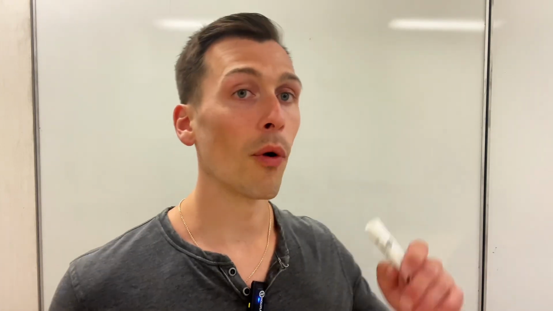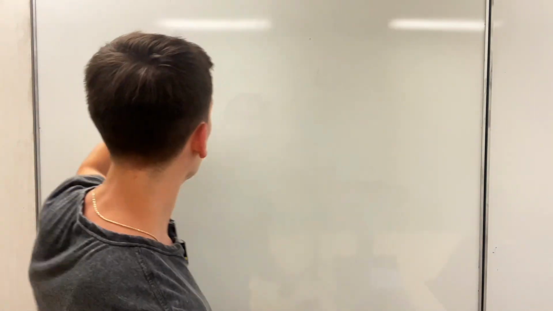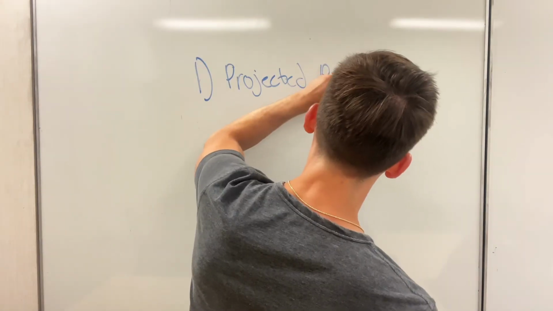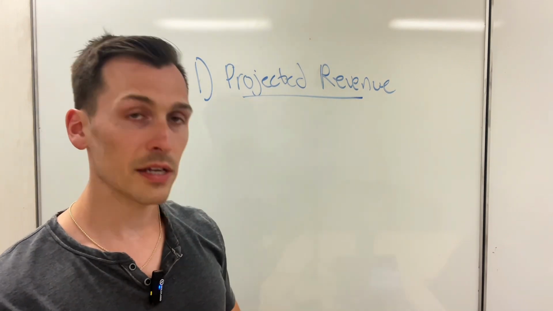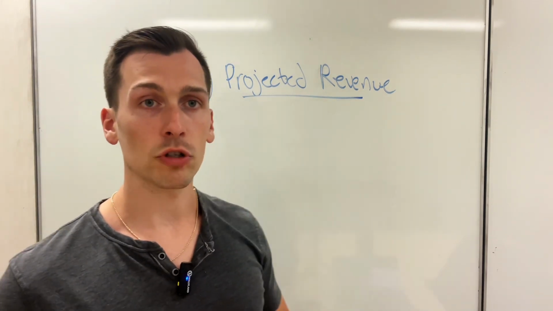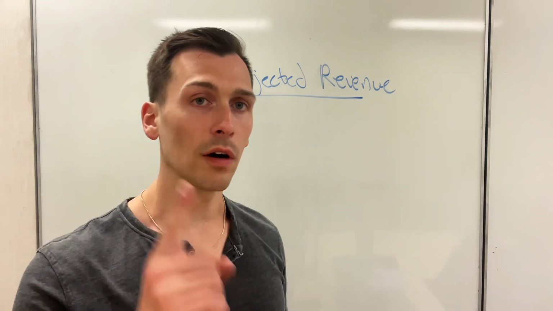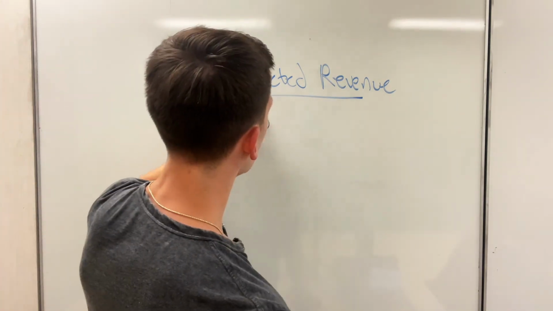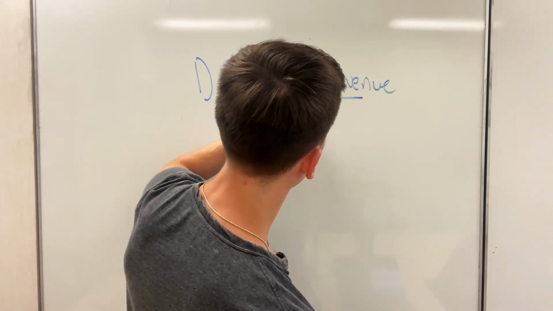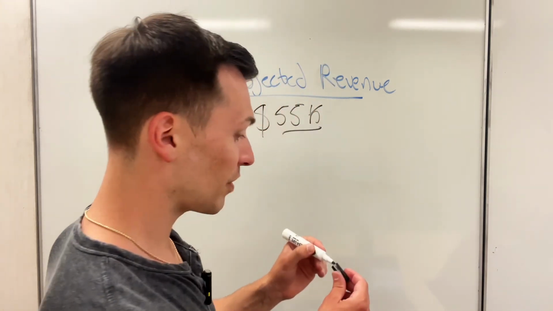Now, before we get started with that, there are two very important metrics you're going to need to know before plugging them in and actually running this analysis, right? So the two important metrics you're going to need are, one, projected revenue. Okay, so what do I mean by projected revenue? So guys, this is how much your Airbnb or short-term rental property will make in the course of 1 year. So for this example, we're going to assume this property has a projected revenue of $55,000